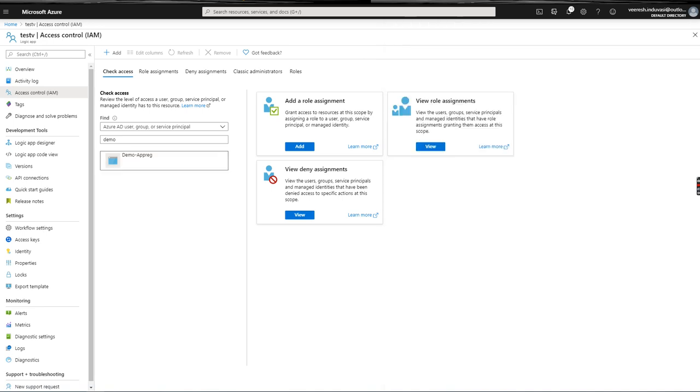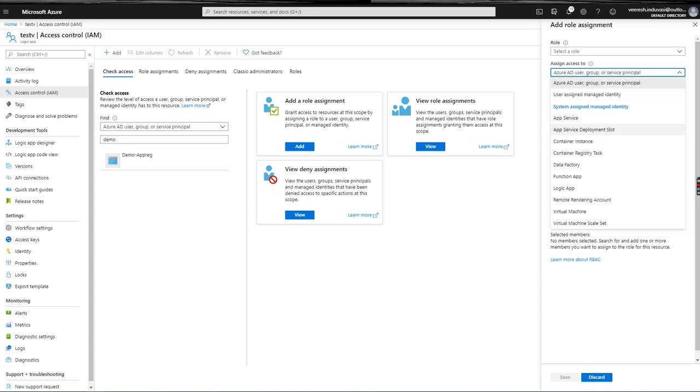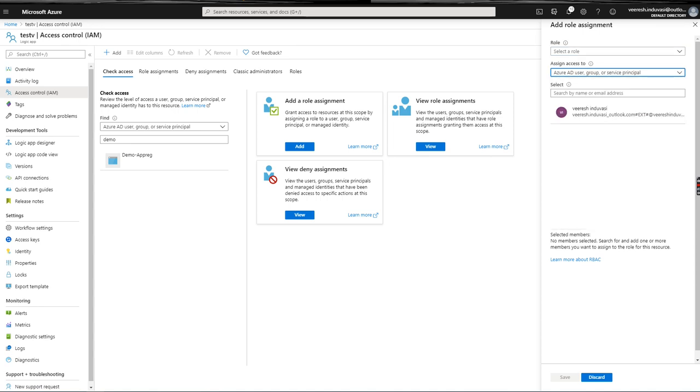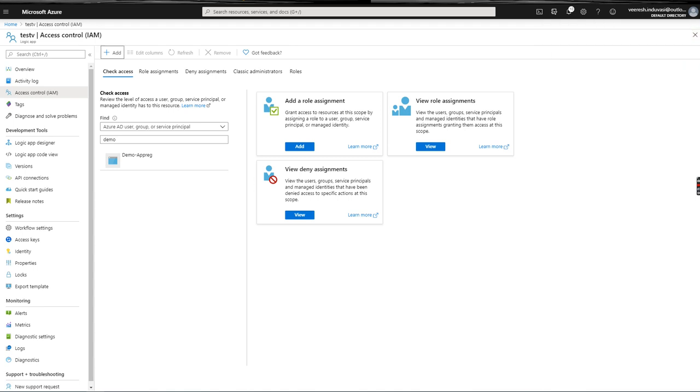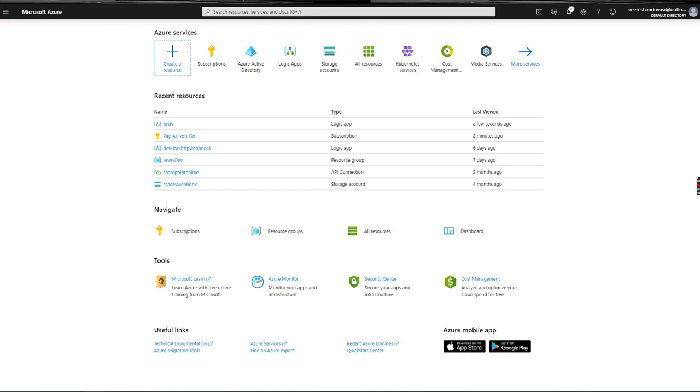If it was not there, then we can give it by add role assignment, then choose this one, and then select the demo app. Because it's already added, we don't have any option to add again. Either you can remove it, or if it was not given at the subscription level, we can manually add it here, so that this service principal will have access on this logic app. Similarly, you can add any resource's permission through a service principal.